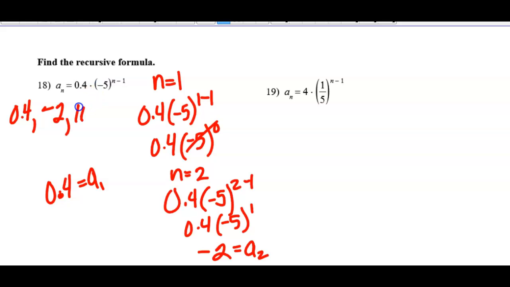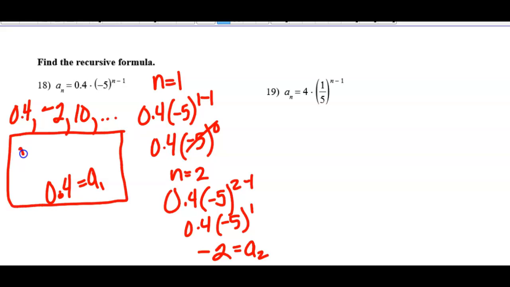So sometimes it helps to generate some terms, but the recursive formula just means you have to tell me the first term and then how to get to the next term. Well, to get to the next term, you take the previous one and you multiply by, what are they multiplying by here, guys? Negative 5, right? Okay, so on this one,